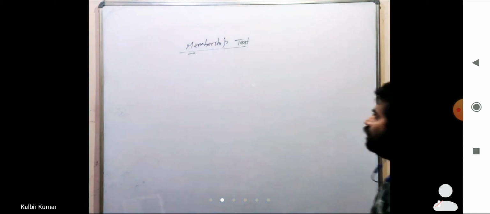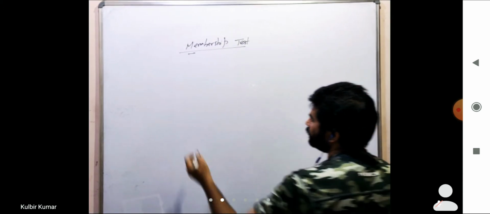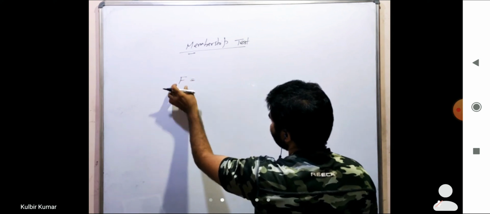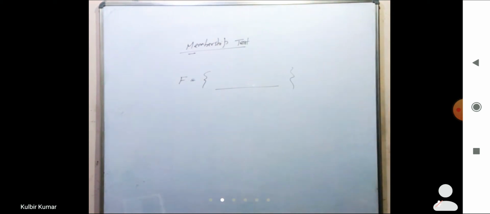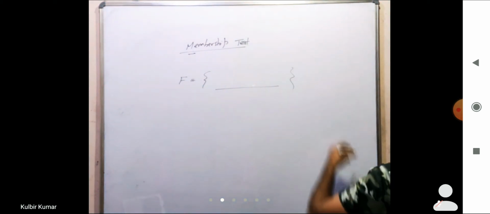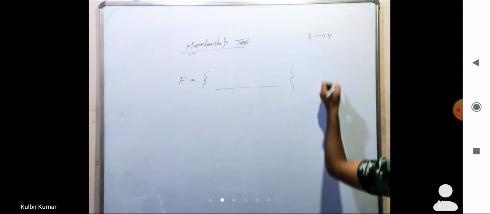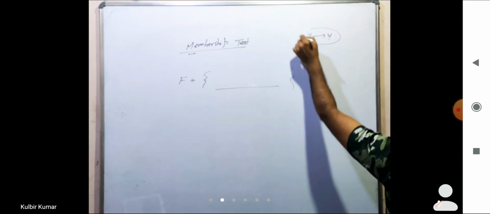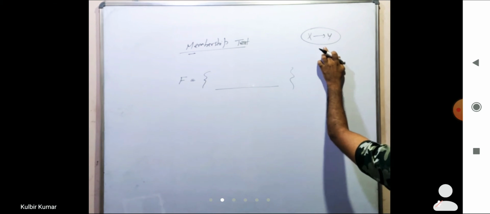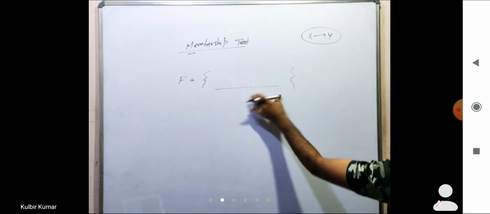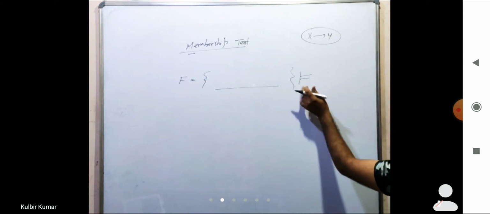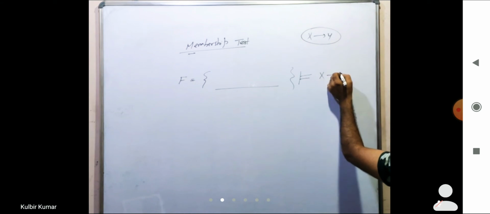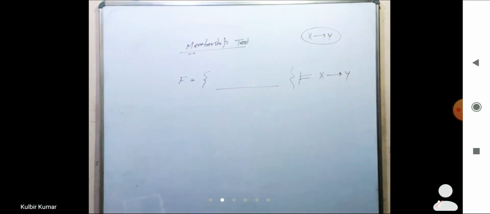And what will the definition be here? Assume that a functional dependency set F is given and these are the functional dependencies given, and after that I will have a functional dependency like X goes to Y. Now I will check whether this functional dependency X goes to Y belongs to this functional dependency set or not, right? For belongs we can use this symbol too, right? So does X goes to Y belong or not. Okay, this is what we have to check.